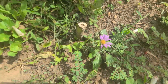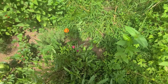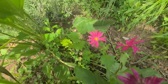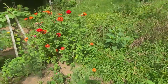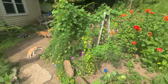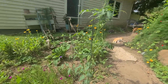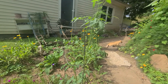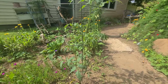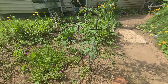This little purple daisy, not doing so hot. Let's see over here. We got some pink daisies though. Right here. I gotta cut this bank back there because that stuff is getting out of hand. And for some reason, this tomato plant here, it just keeps, like, half of the entire plant keeps dying. It has not produced a single flower. So I'm thinking I should just rip it out because,